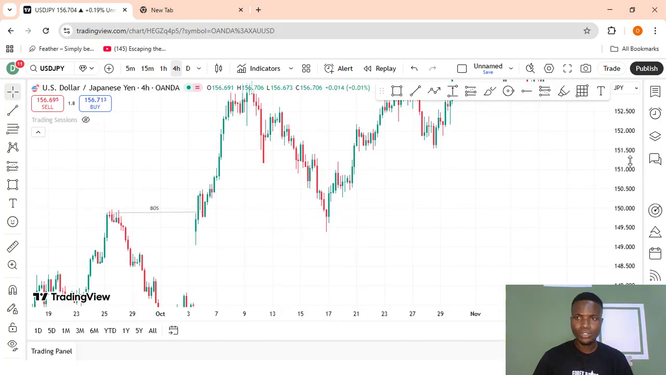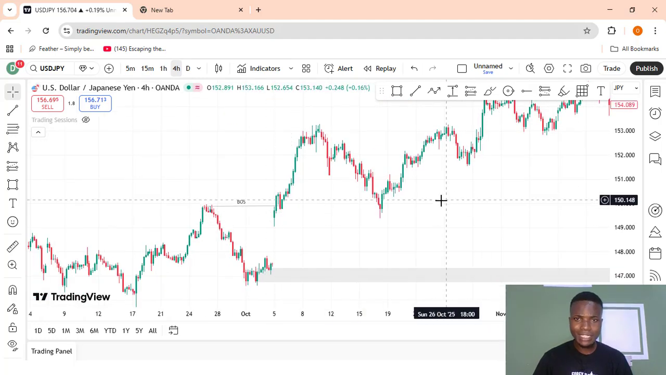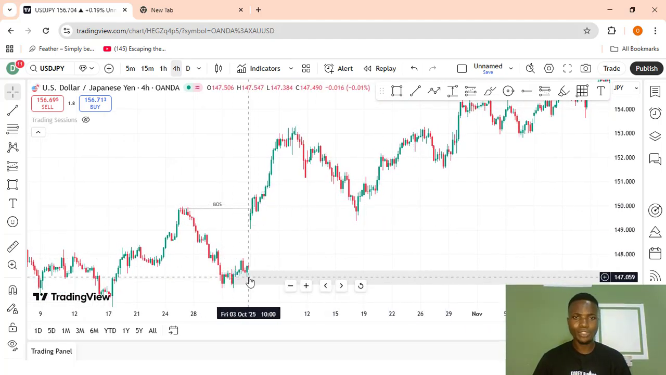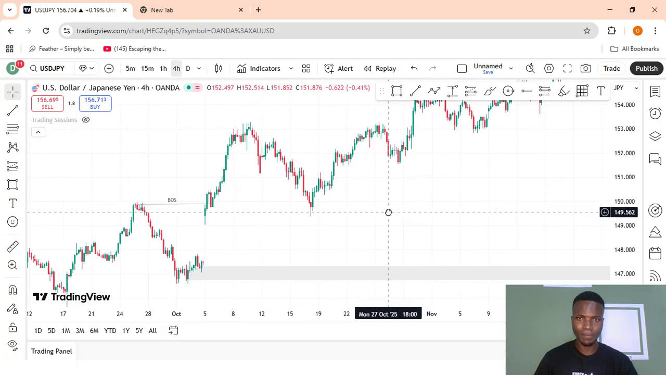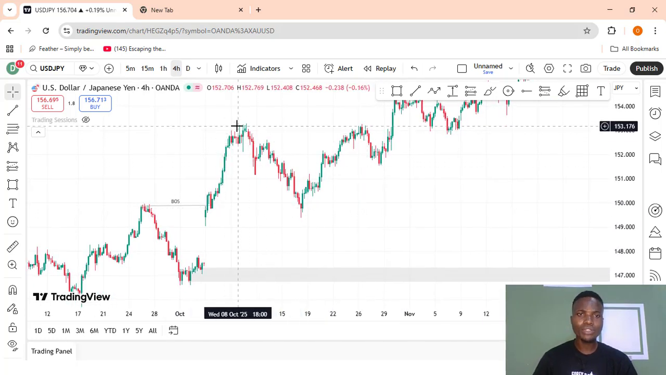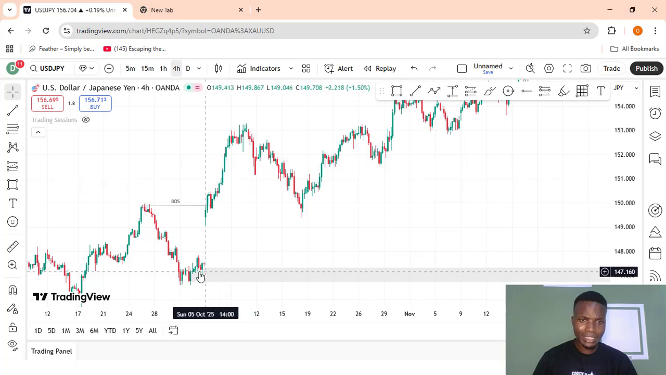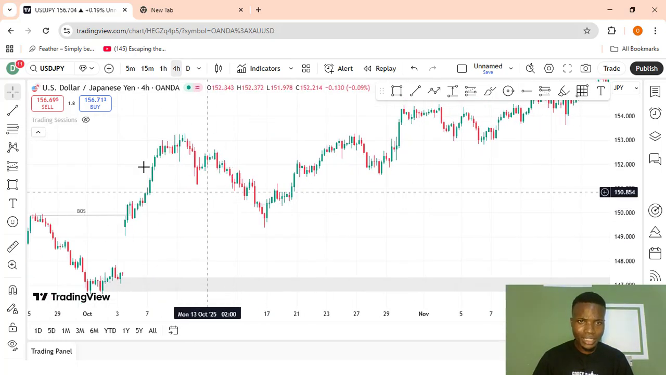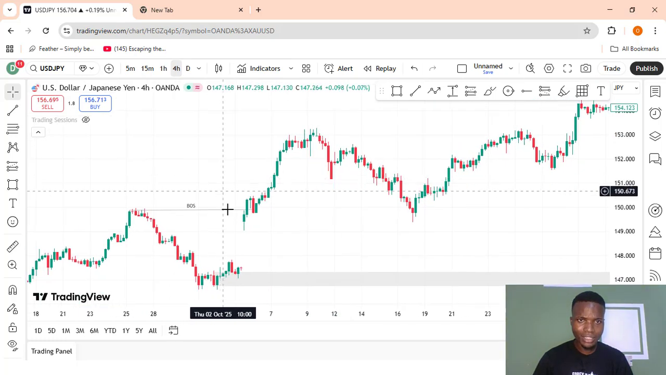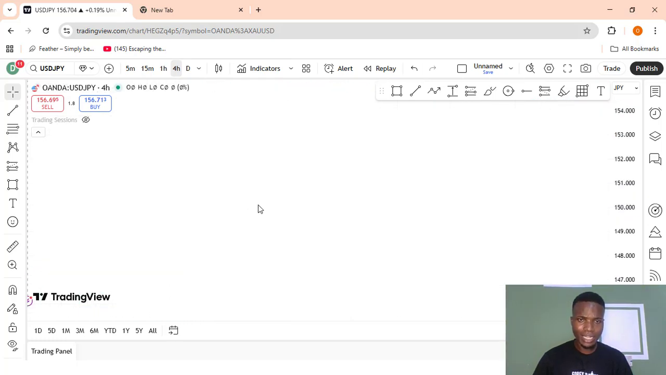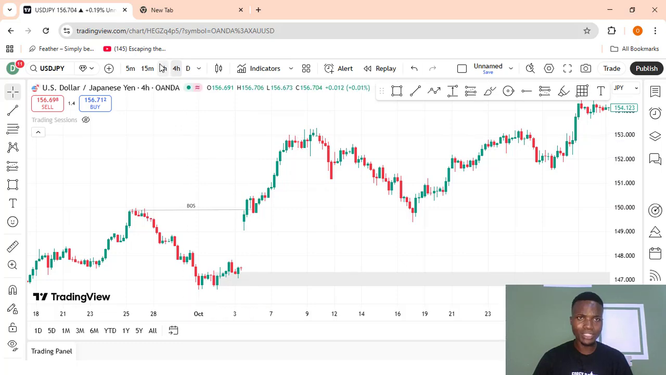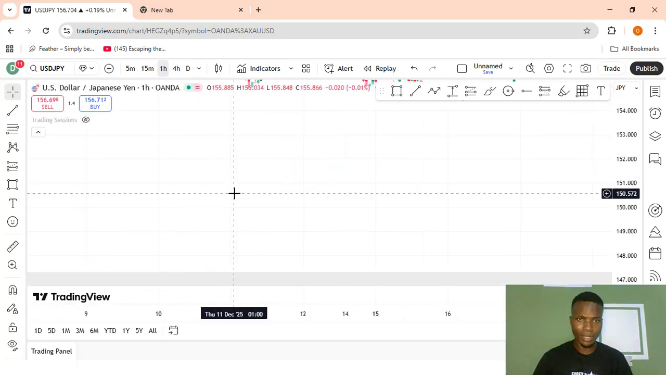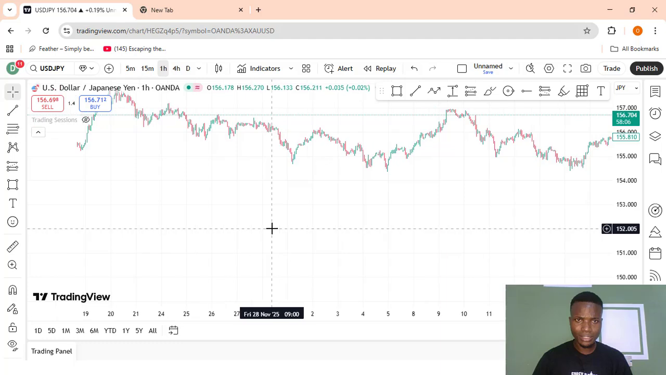Because the market has created a break of structure around here, and we know that we have a demand area around here, when the price got to this stage, the market immediately pushed price up here, and it retraced a little bit. You can see this red candle. If I switch down to the 1 hour, you are going to see that